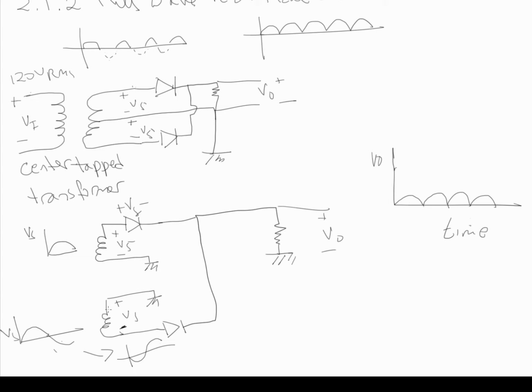Having it this way, sort of upside down, flips the wave cycle that's coming in, the V input. Now this diode is conducting when that one's off, and this one is conducting when that one's off. And so you get this full wave rectification. So that's one way, where they use the center tap